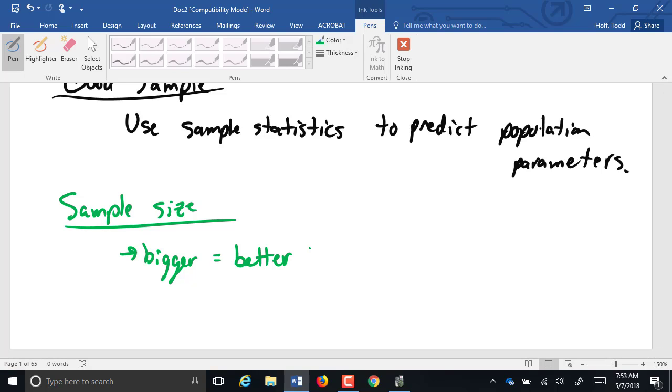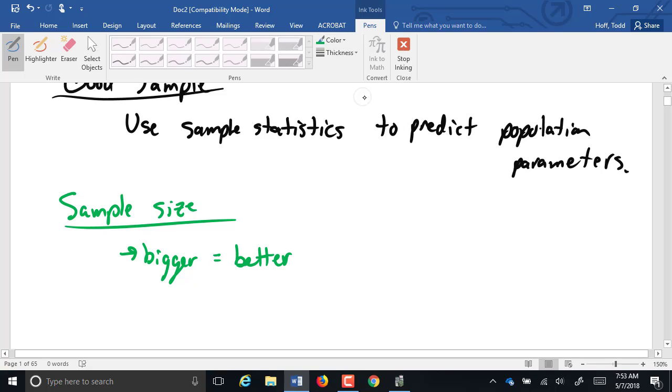Go back to that school board example. It would be really easy to randomly select 5 people and have all 5 of them be in favor of candidate A. It would be really tough to select 100 people, again randomly, you're not intentionally looking for them, but randomly selecting 100 people and having all 100 of them favor the same candidate. So the bigger the sample is, the more likely you are to get some real variation in it.